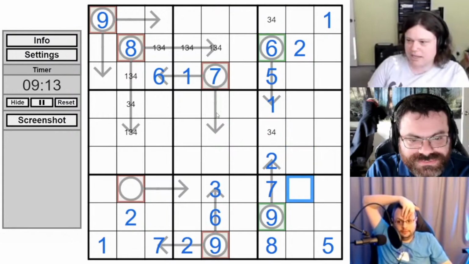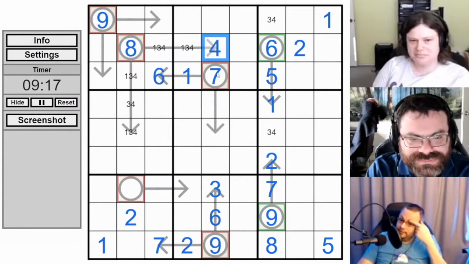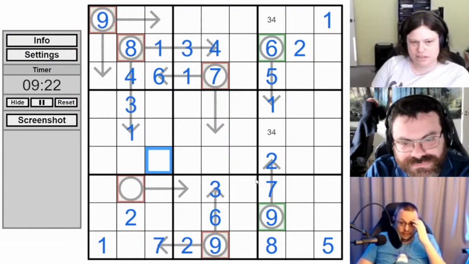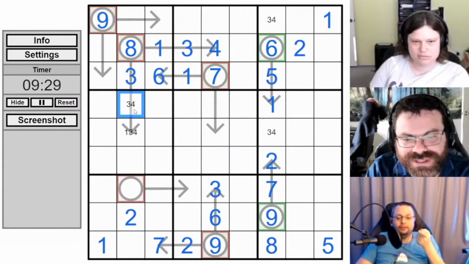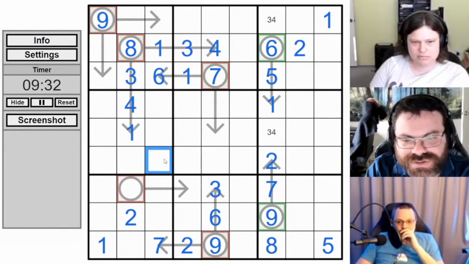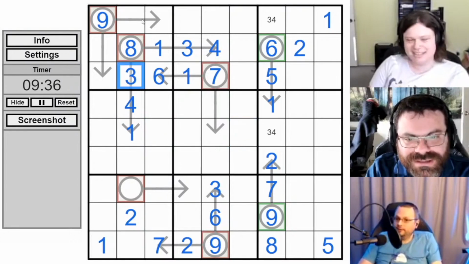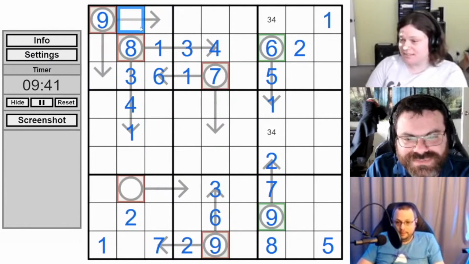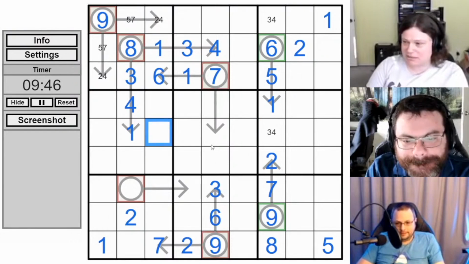Zeta knows all about forgetting indexing. Yes, Allcat says forgetting indexing is the classic. That's a 2-5. We decided that arrow is, I believe. Also, the naked singles 6 and 8. Wait, in box 7, you did not do that 8 arrow correctly. That was supposed to be a 3 because remember Jessica's cool logic that made that a 3. I did the cool logic in my head, and then I put the wrong number anyway. I think that was your cool logic. I think you were the one who explained it to me. I thought I explained it, but that's okay. I'll give Jessica credit. I'll take credit if you want me to.